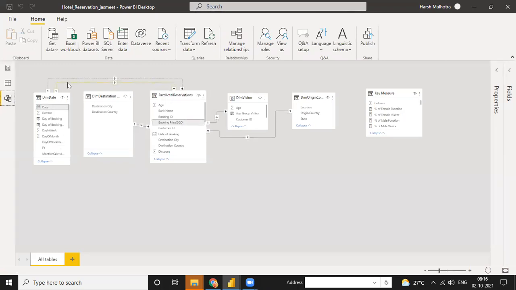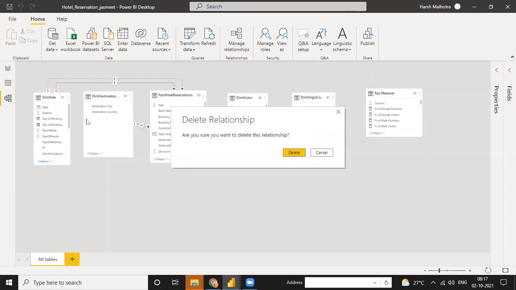See, your relationship is wrong. You should use date via booking date, not date via booking price. That is the reason you cannot use it. When you click on this, your relationship is date via booking price, but this is not good. Just delete it, and date via booking date is done.